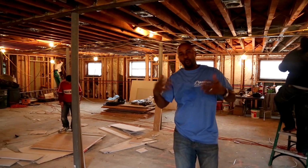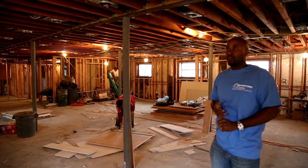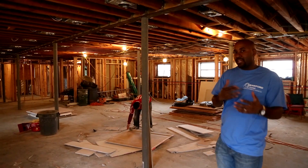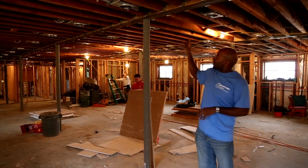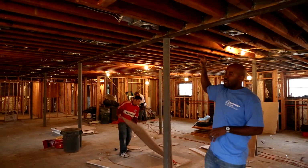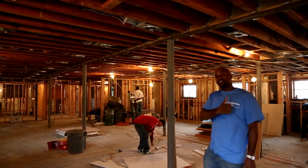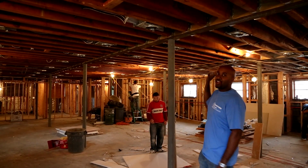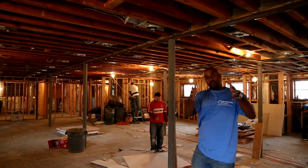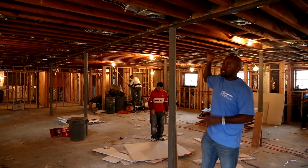But by doing that, opening all those walls up, you get to really have to put everything back per code. So some of the things that we didn't like were aesthetics, other things were structural changes that we had to make. A perfect example here is that drop beam that you saw in the original video. This steel beam goes from the front of the church all the way to the back. We had to cut every joist from the front to the back, raise the steel beam, pack it with wood on both sides, lag it together, and just really be able to recess into the ceiling so you have a